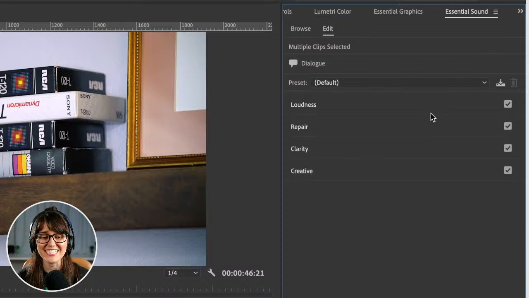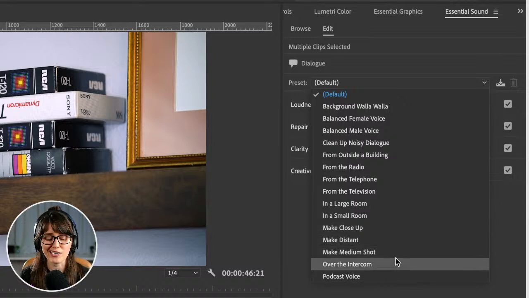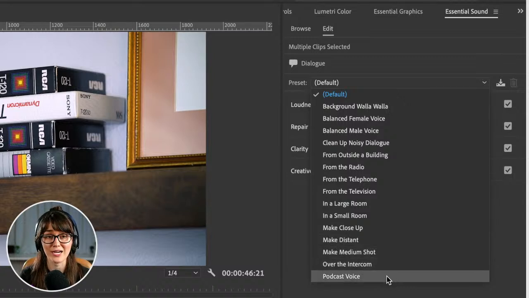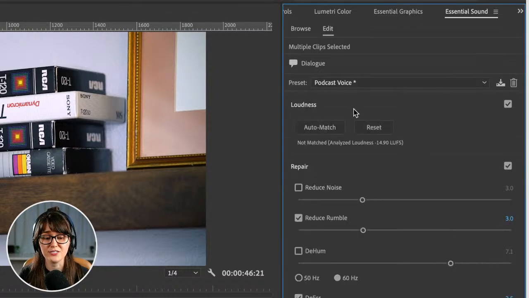But if you want to cheat, you can just go to this preset menu, and there's some options here. You can play around, you can play before and after, see what you like. I really like this podcast voice because a lot of times I'm speaking into a podcast mic, and that does a really good job. And you're going to notice after I do that, look, things are changing down here in the settings. It's automatically adjusting the settings based on that preset. So that's generally what I do. However,